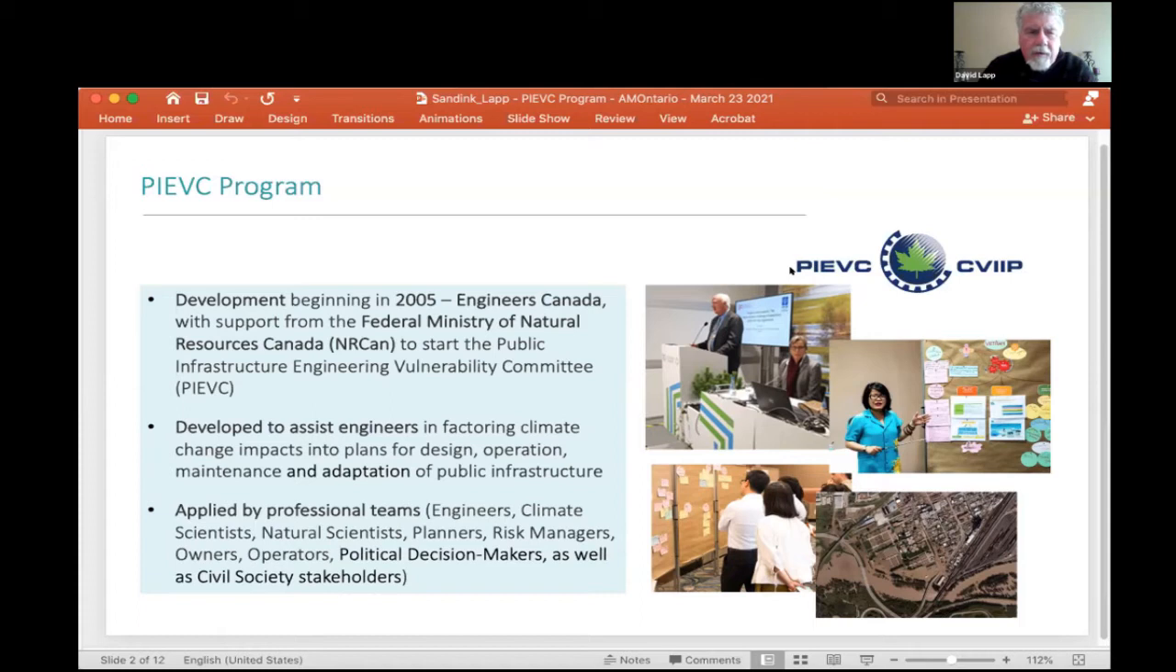The protocol itself was developed originally by engineers to really understand what would be the impacts, the risks on public infrastructures from climate events, and use that information to plan for the design of it, the rehabilitation. It has input on operations and maintenance, and really to contribute the risk perspective on adaptation measures